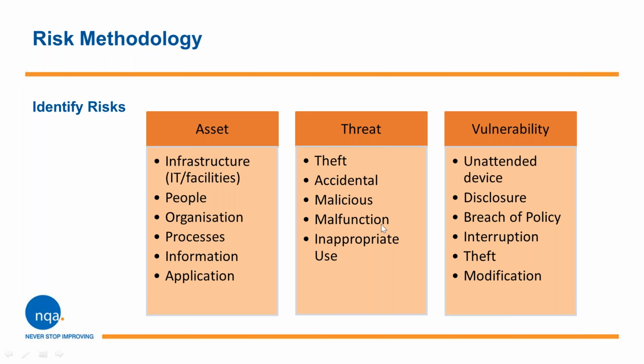From experience, being out assessing, companies are usually aware of only 30% of the risk. The process they've gone through is often correct, but they haven't considered all of the risk factors, and therefore they don't capture all of the risks which apply to their company. You'll probably find this exercise quite revealing if you first list a complete list of assets within your company and then go through the threat and vulnerability methodology, which we'll go on to in the next slide. Once you've finished doing this once, you'll appreciate the effort you've made, and you really will start to see some of the gaps in your risk radar, if you like.